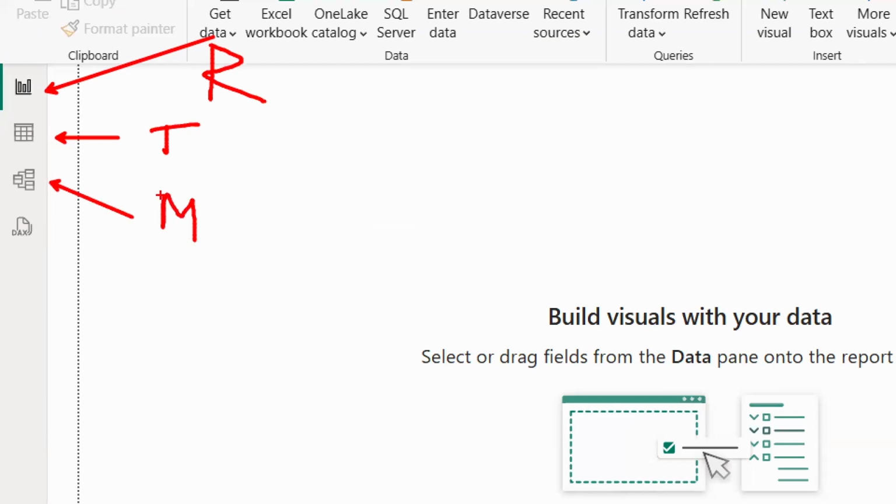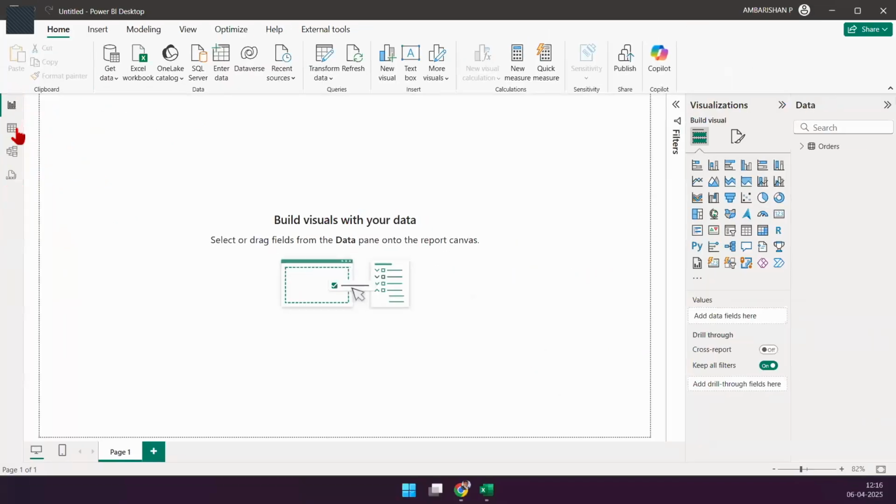Right? So these are all the different views, and there is one more view. We'll not get into that for now. Let's just leave it out. But these are the views that you'll go and work on most of the time. And so let me just get you into the table view so that you can see what is actually coming